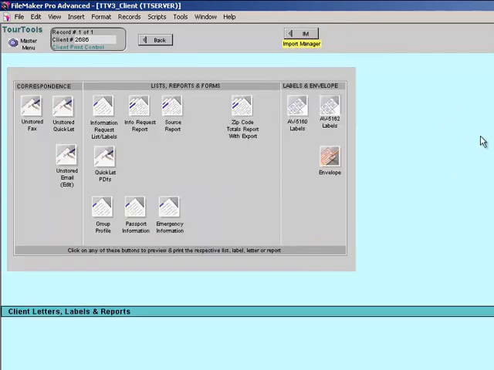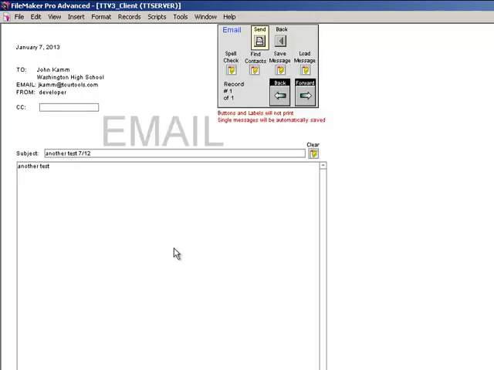So I mentioned each module has a reporting capability. One of the nice things in the client module, we have an email capability where you can set up a subject, a generic message, and then because you're able to search, for instance, we mentioned an African trip, you could pull up a list of all the people interested in Africa. You could write a cover email message saying, hey, we've got this great trip to Africa. We'd love to have you join us. And then